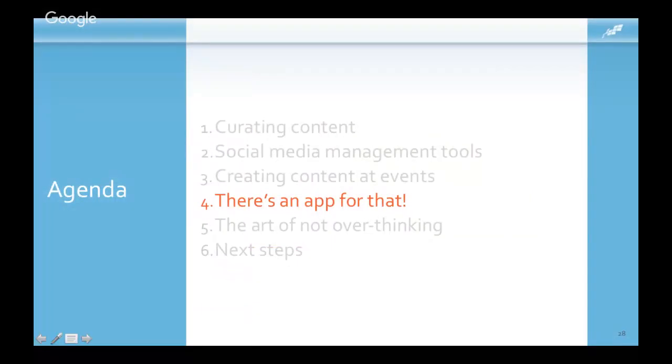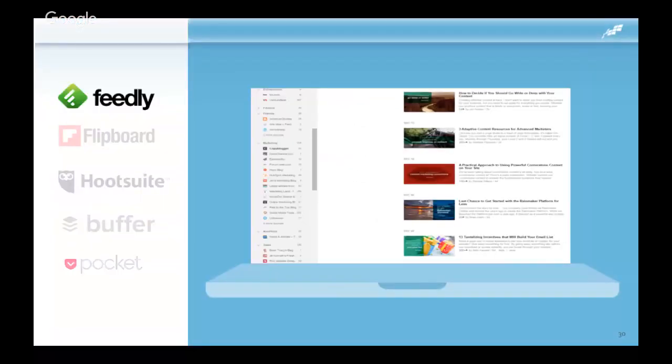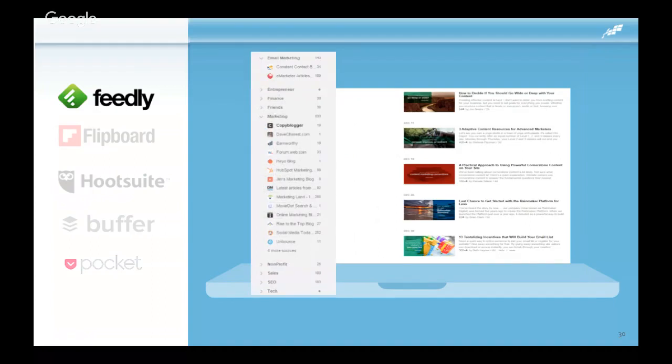So let's switch over and talk about applications that you can use to engage and connect with the kinds of folks that you're trying to reach, and to reuse content and find content to repurpose or to save you time. Here are some of the popular tools that are available on the web, or actually on mobile apps, that you can use. We've talked about Feedly a little bit, but the application for Feedly is quite powerful, and it allows you to find content quickly by categorizing your articles into industries or other tools.